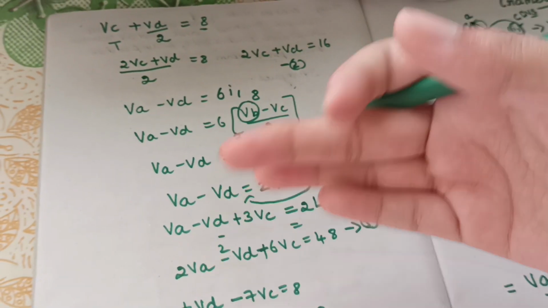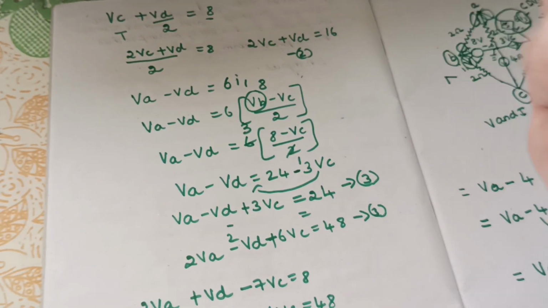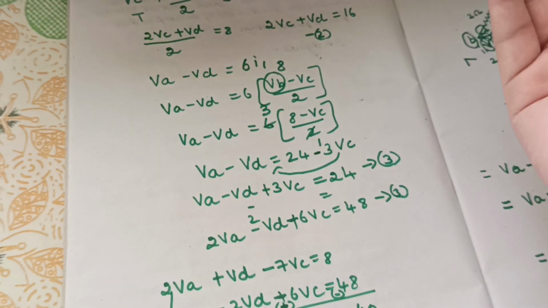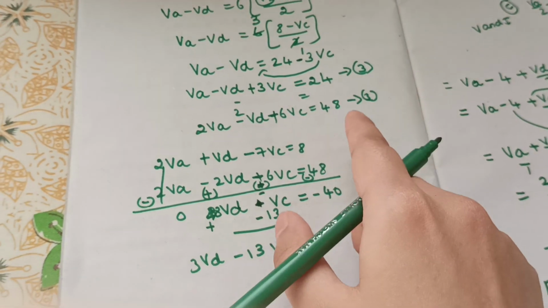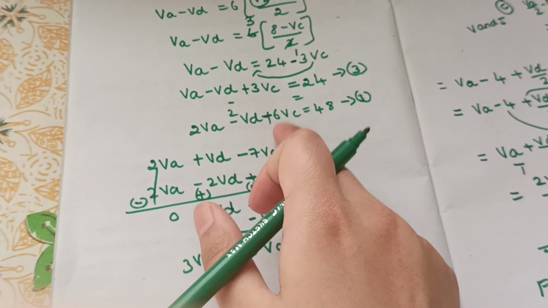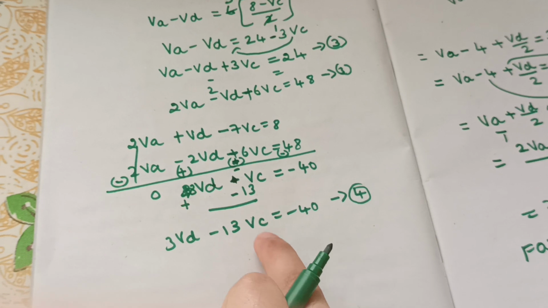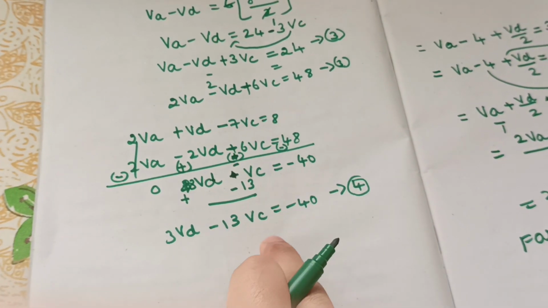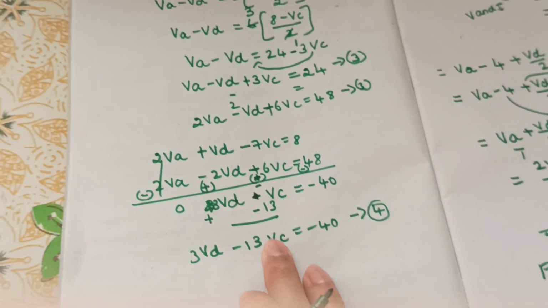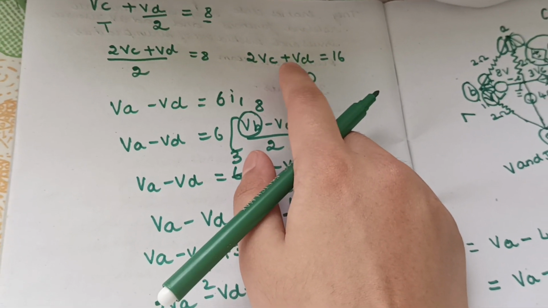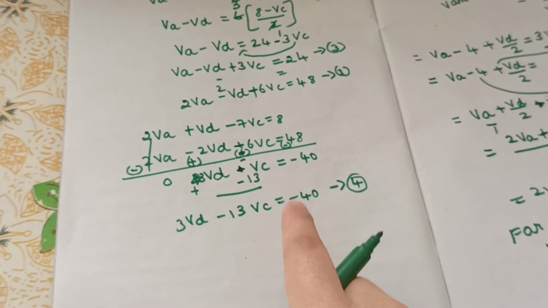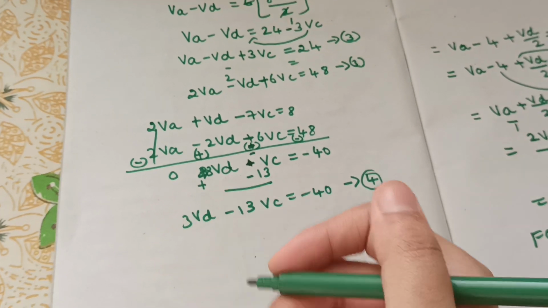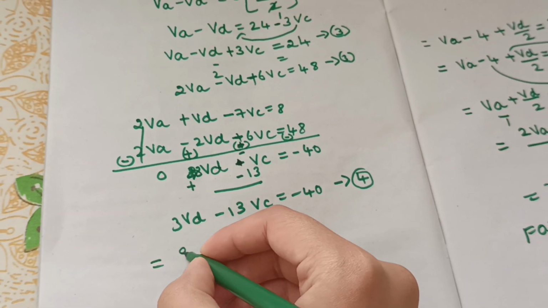So if the numbers of variables are different, then you can't even solve. That is why we designed this particular equation in such a way that you get an equation number 4 which is a two-variable equation. When you take this equation and this equation and try to solve, you get VC and VD, easily. Okay, so now when you try to solve 2 and 4,